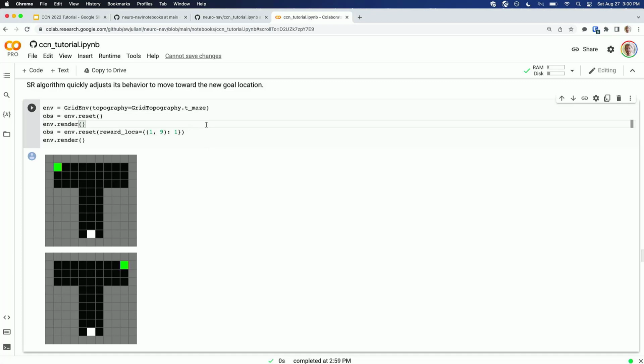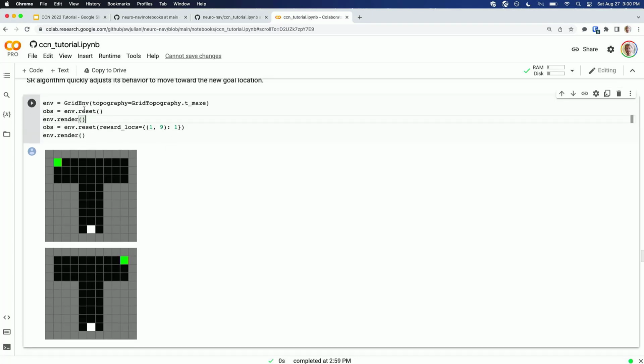Yes, and here I can introduce a bit more of the API of NeuroNav. For both the grid environment and the graph environment, there's this reward location argument that you can pass. What this is expected to be is a dictionary where we have tuples corresponding to the state, or here it's the XY coordinate that we're interested in, and then the value of the reward we'd like. So you can make this as arbitrarily large or complex as you want it to be. You can assign positive or negative rewards to any state in the environment. Here it's very simple. There's just a single positive reward, and we're going to start it off